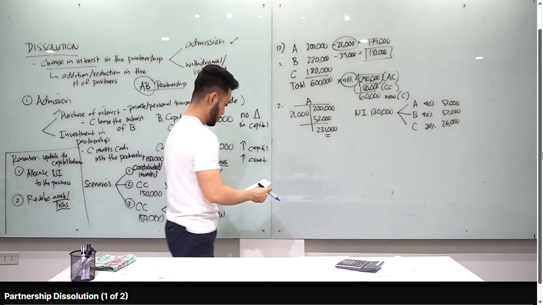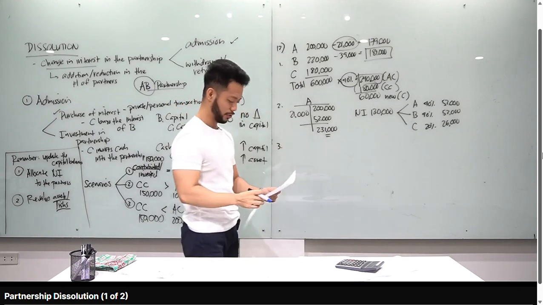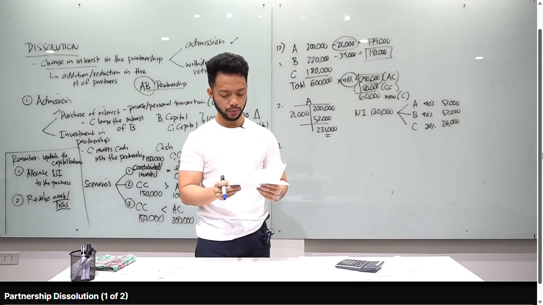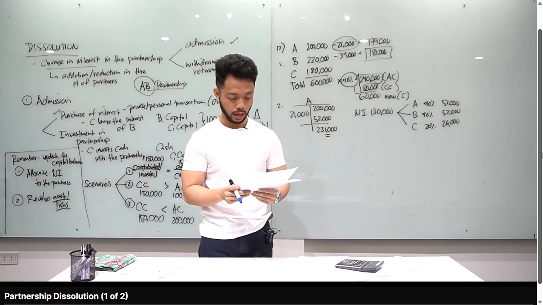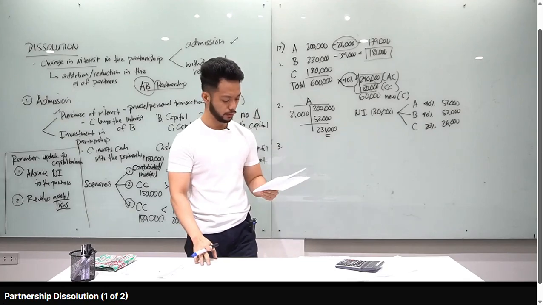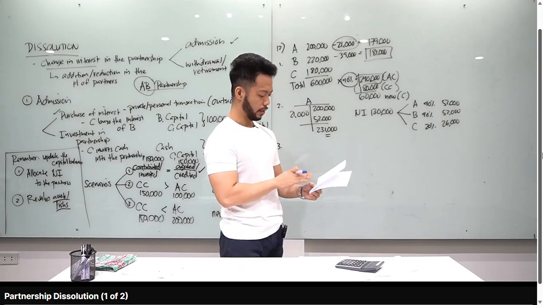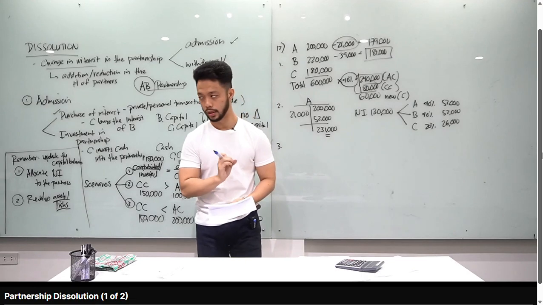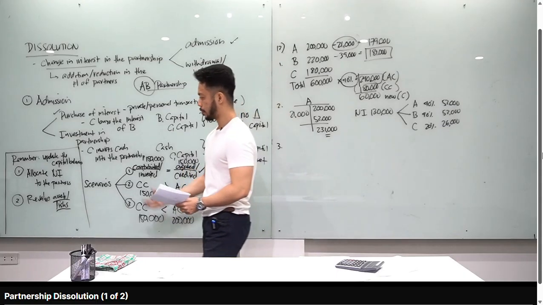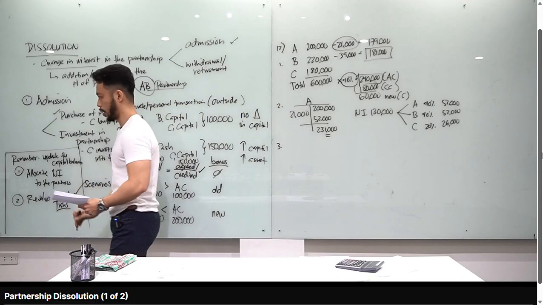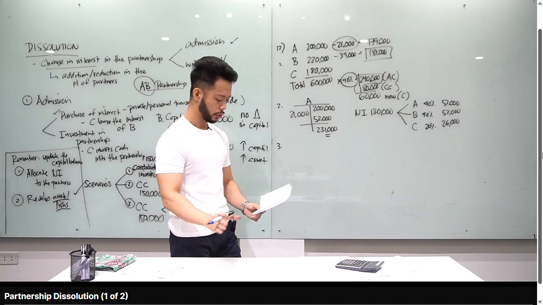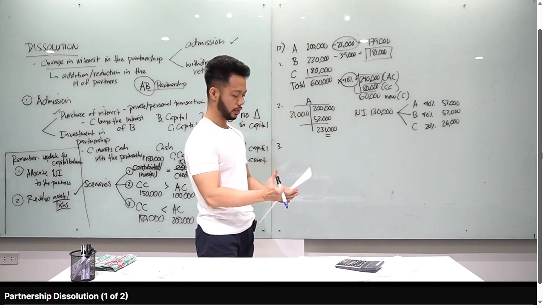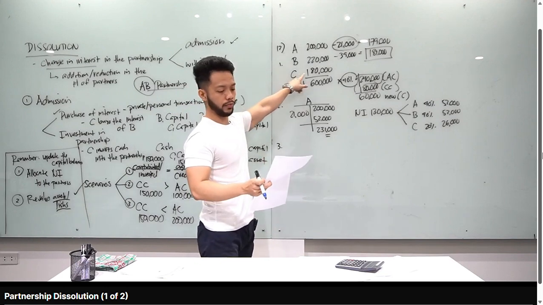Okay? Question number 3. Okay, so ito, mapapaisip pa dito class. Question number 3. Assuming there is an implied undervaluation or overvaluation of an asset, how much is the undervaluation or overvaluation of the asset? Ba, walang amount na sinabi. Sinabi lang na assuming there's an implied undervaluation or overvaluation of an asset. Okay. So sabi ko kanina class, kapag mag-a-admit ka, you have to first revalue assets and liabilities. Tama lang? Okay. So ganito ibig sabihin ng question 3. Tingnan mo ito class ha. Tama ba sa question number 3, nag-invest si C ng 180,000? Tama? Which is the fair market value of the machinery.